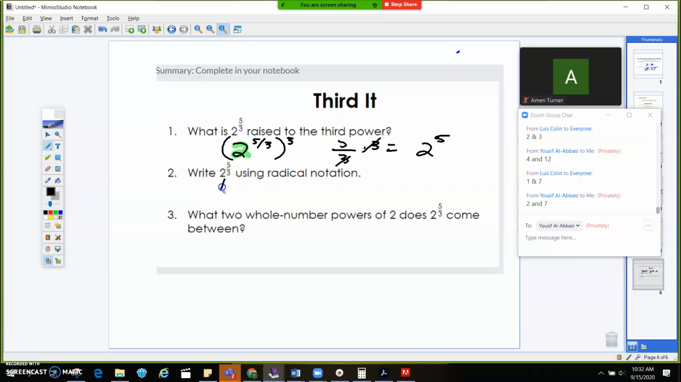On number 2, you've got 2 raised to the 5/3 power. Really this is like saying 2 to the 5th power, and 3 is going to go in this little cubby hole. What 2 whole number powers of 2 does 2 to the 5/3 come between? Well, what is 5/3 as a decimal? It's 1.6. 1.6 is in between 1